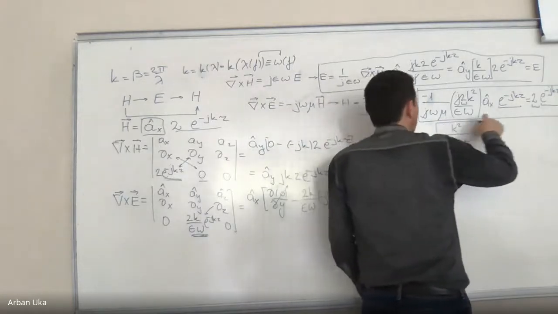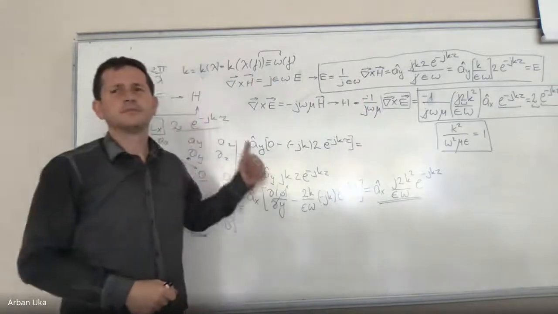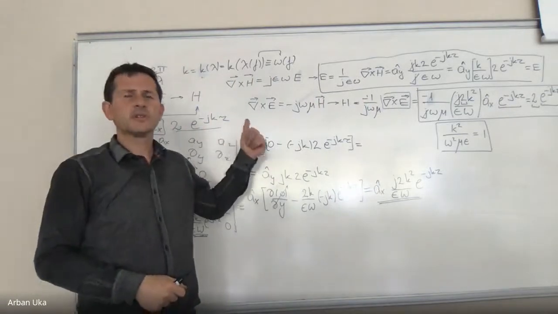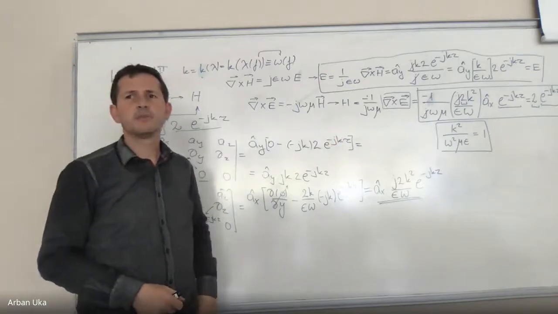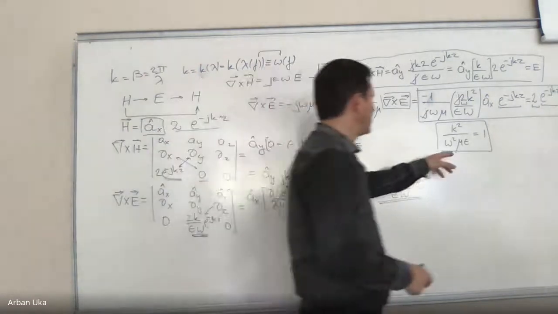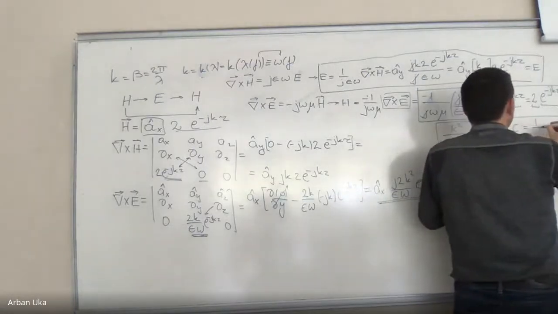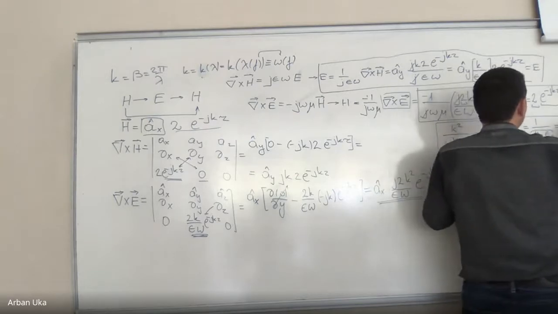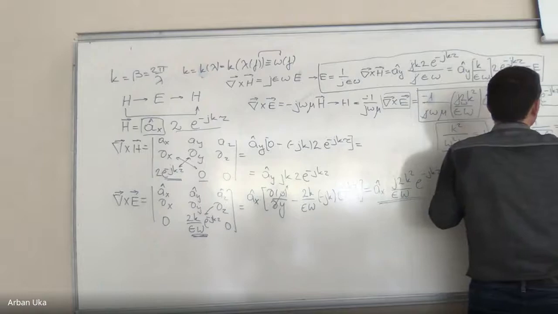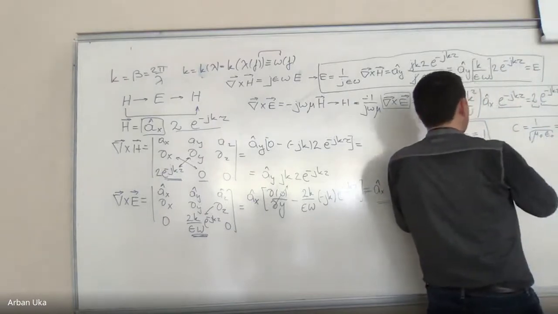But somehow, indirectly, just because of Maxwell's equations, we find the dependency between k, omega and the speed of light, because we know that the speed of light c is equal to 1 over the square root of mu 0 epsilon 0, right? And this is equal to 3 times 10 to the power 8. And at the same time, let's see,